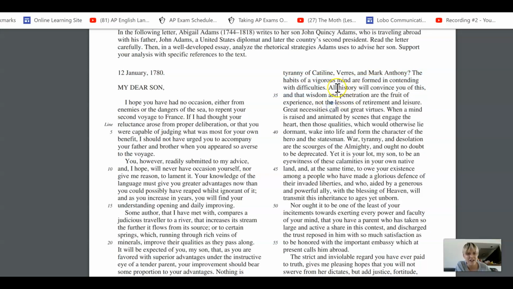So here we have a little personification going on, right? The history, all of history talks about this. And notice how this is really placing him in line with history and saying, you're one of the greats. Like you're born to be a hero. You're a part of this historical story and narrative, and history is talking to you. So again, the way she's sort of positioning him with the way she's talking, her language choices are positioning him to be great.